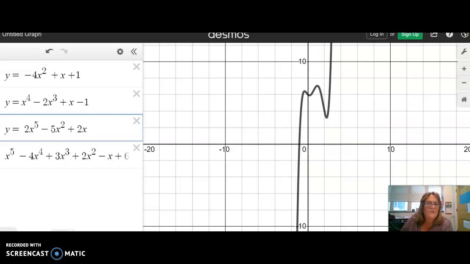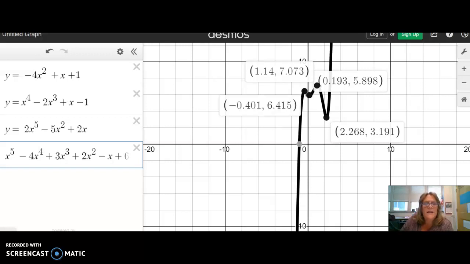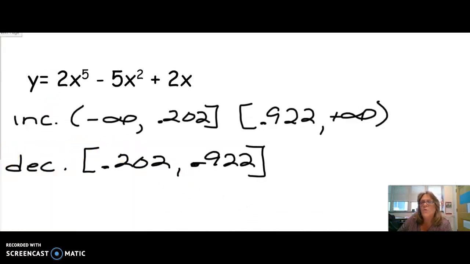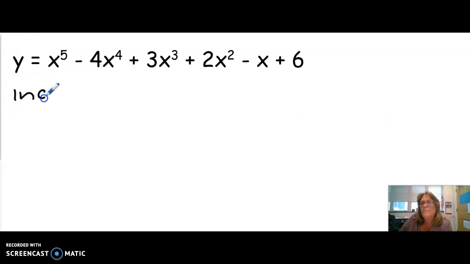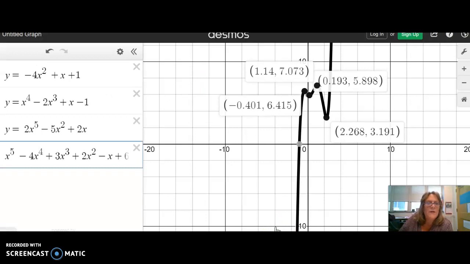All right, the last graph. It's going to increase until it gets here, then decrease, then increase, decrease, and increase. So we've actually got 3 increasing parts. First part that it increases is to negative 0.401. The next place that it increases is from here,